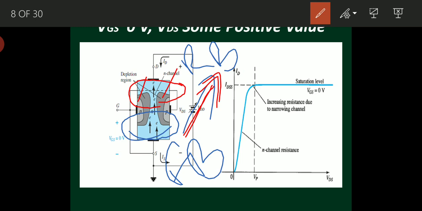Then what is pinch off voltage? If I increase VDD much more, the depletion region increases at the reverse biased drain terminal. The two depletion regions near the drain terminal would increase much more and want to touch, and this condition is known as the pinch off condition. But the two depletion regions will not touch. There is still a small gap in the channel, and the current becomes constant.